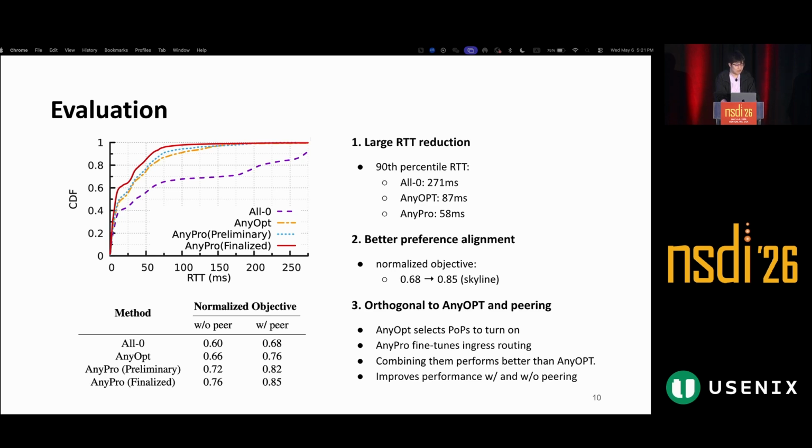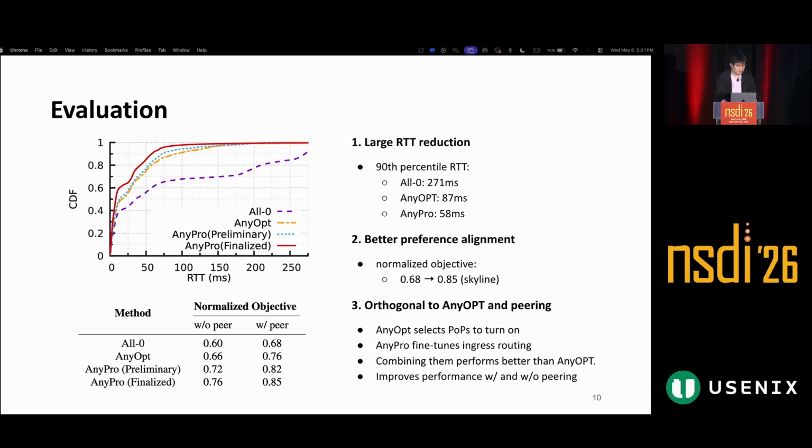For AnyOpt, which strategically turns sites on and off, the 90% RTT is 87 milliseconds, and AnyPro achieves 58, which handles the long tail of inflated paths successfully.